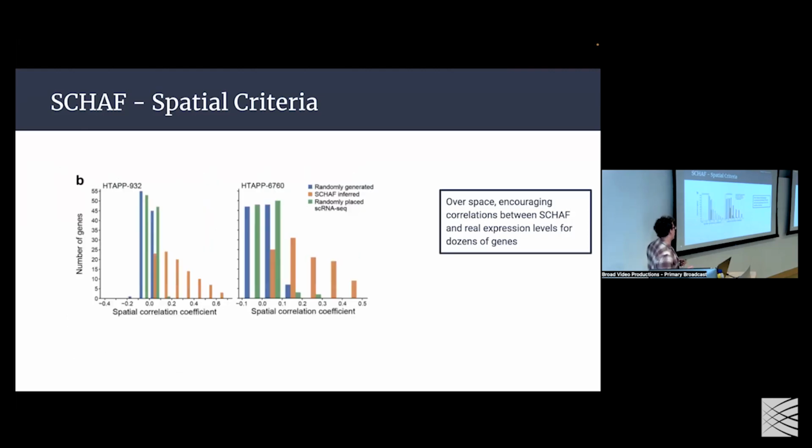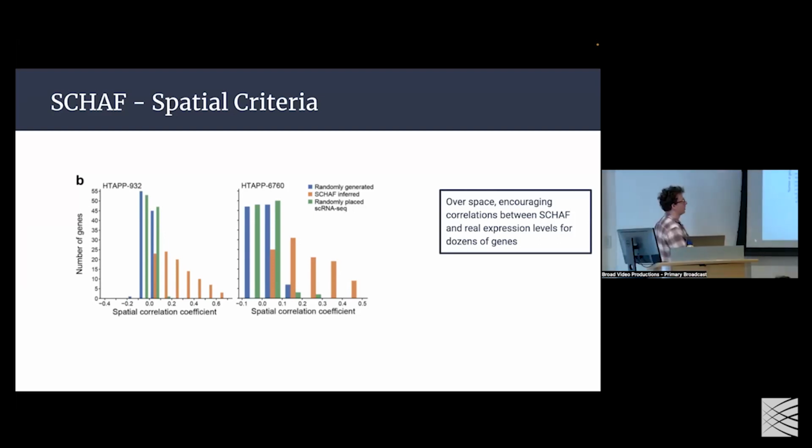If we then look at all the genes that MERFISH informs us about, it's on the order of a couple hundred. Then we can see how many genes have this strong of a correlation. Before, I showed 6 that had a particularly strong correlation. What you see here is scores of genes that are over 0.3, 0.4 correlation, which I know sounds not very strong. But if you look at what else is going on in the field, that is comparatively very nice. So we're very satisfied to see this.